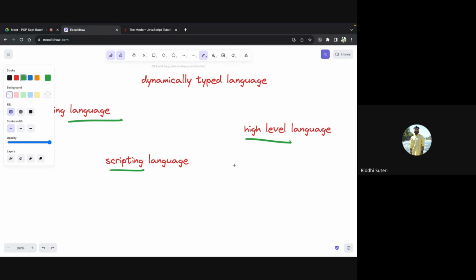For example, if I start writing my code in zeros and ones or maybe in computer instructions, then it is not easily readable for humans. That's why it will be a machine level language, or something like a low level language. But in JavaScript, the syntax that we follow and the type of keywords that we have are more relevant to humans, more inclined towards human centric languages. That's why it is considered to be a high level programming language.